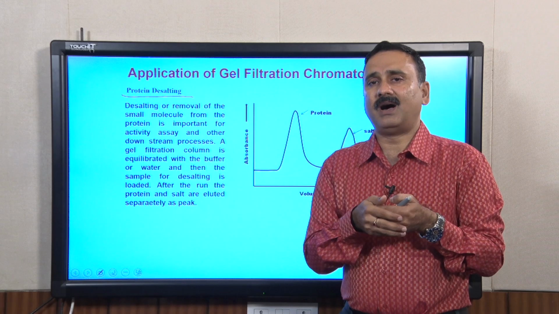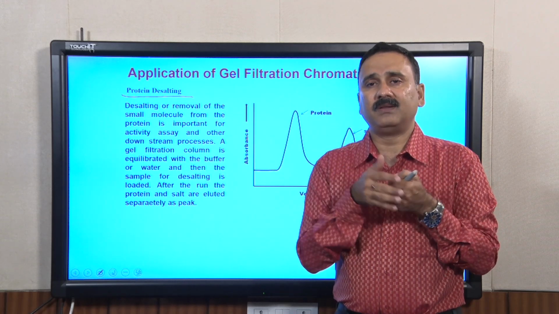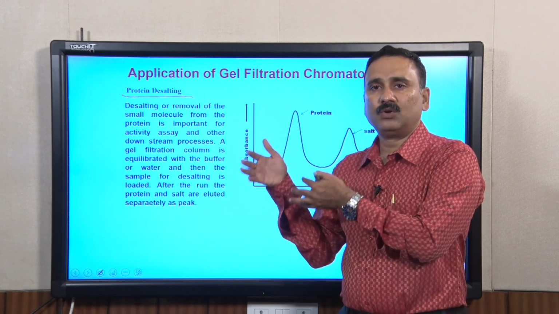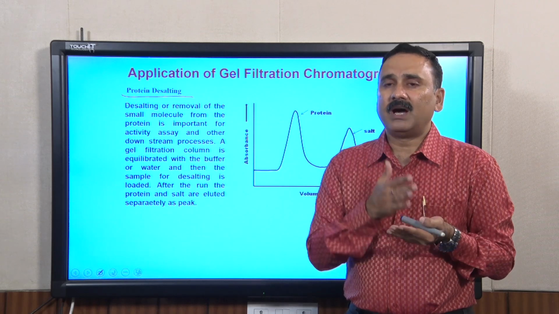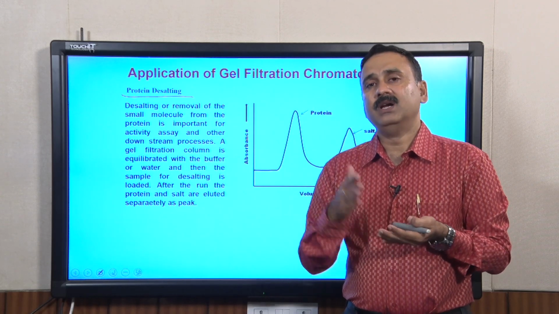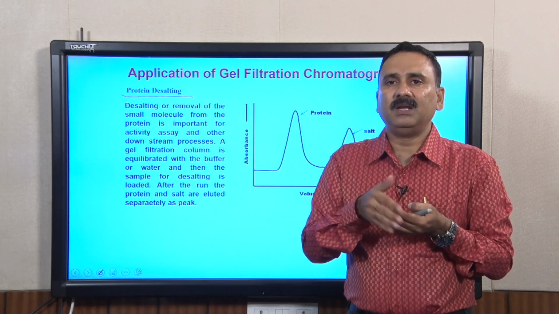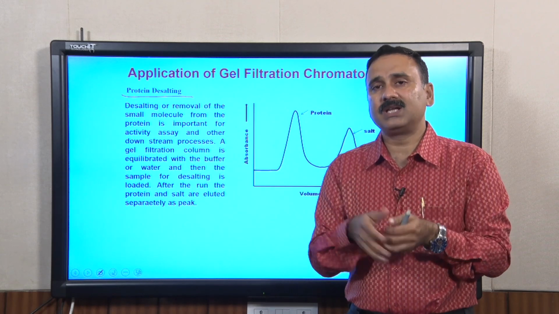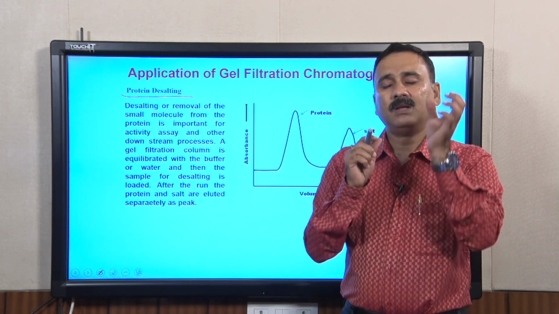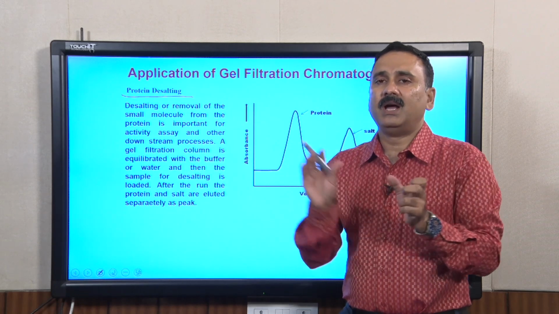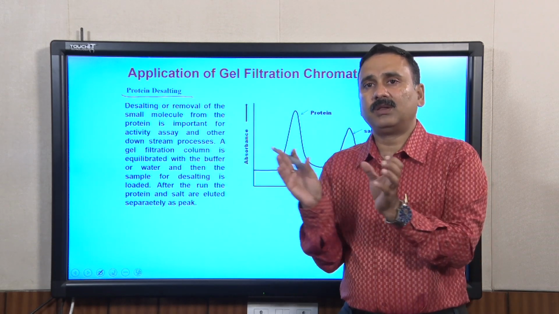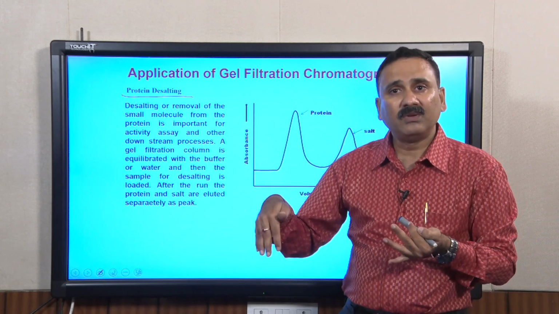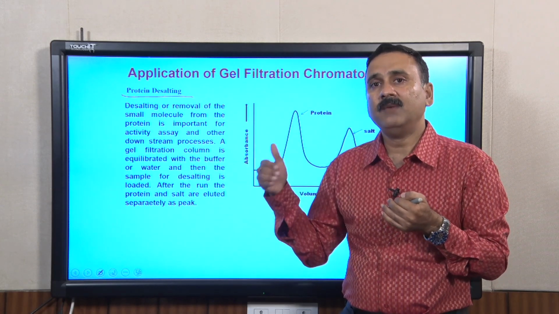So, in case some proteins are prone to degradation or some proteins are getting inactivated, if you are going to continue this process for 10 hours or 12 hours, in those cases we also use gel filtration chromatography to remove the salt, because salt is nothing but a small molecule compared to the protein, which is a large molecule. So, if you inject the protein onto a gel filtration column, the protein is going to form a separate peak and the salt is going to form a separate peak. Because salt is small in size, it will go and sit into the bottom of the beads, whereas the protein will go and bind to the other sides.